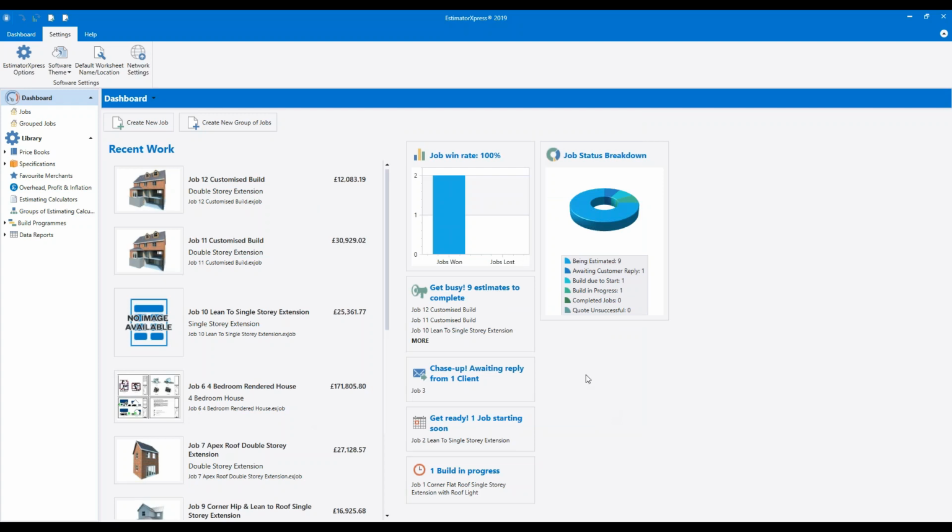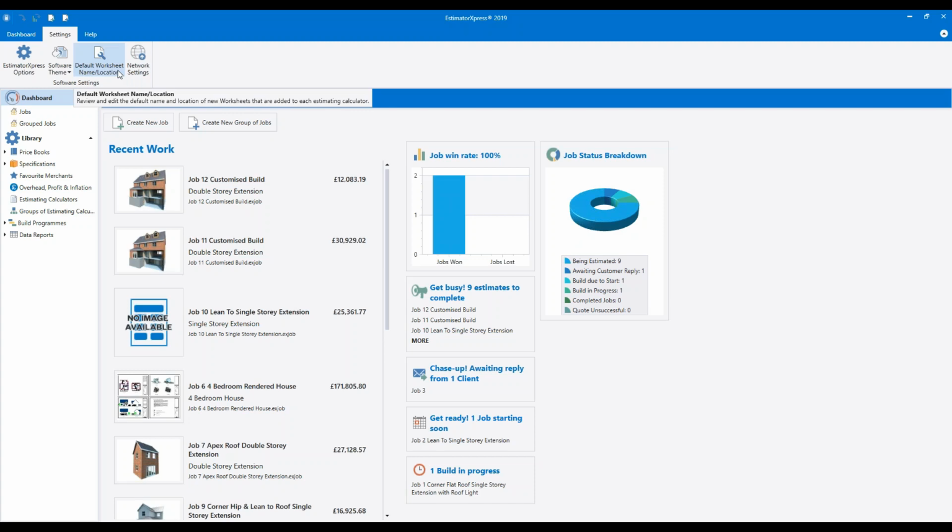Also on the Settings tab, we've got a Software Theme button. If you click on that, you'll see there is a list of different colour options. For example, if you like to do your estimating, or have to do your estimating, in the evenings, then you may find the dark theme is easier on the eye. So that's where you can change those themes if you wish. Then we've got a couple of more advanced settings that most people won't need to review, and we're certainly not going to be looking at them today, but just to give you a quick explanation of what they are.